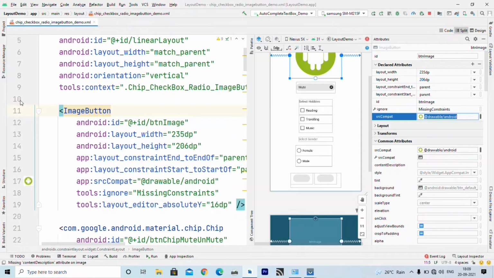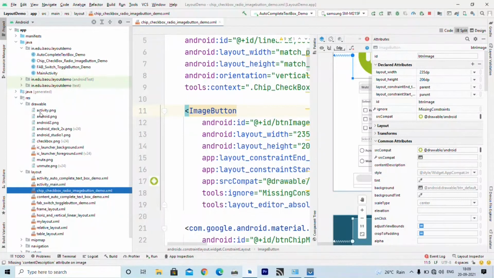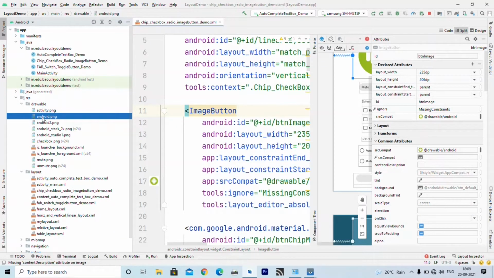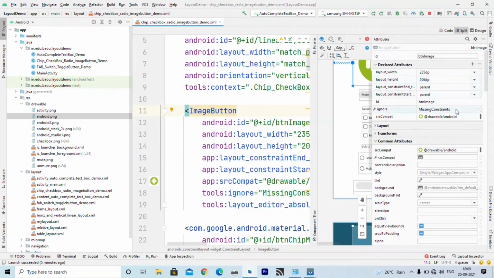So, inside drawable folder we have this android.png file available that you can see here. So, I have specified that as my image. So, it is specified by source compact.